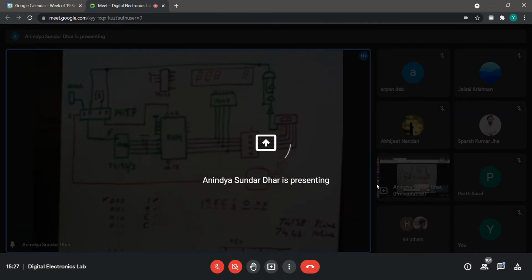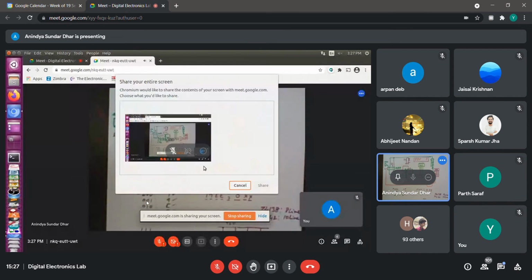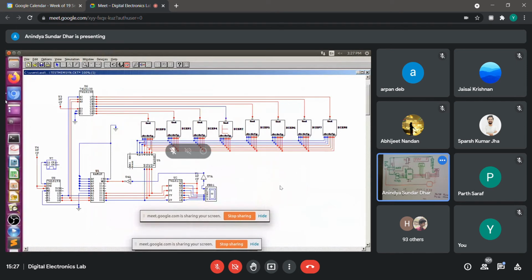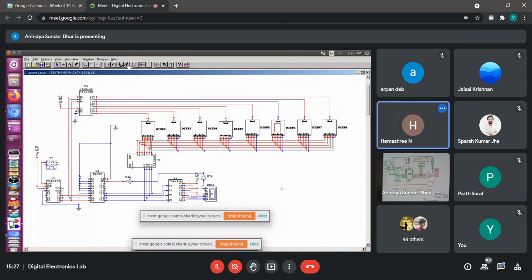Sharing the screen often. Could you see the screen? Yes, sir. So the simulator is visible in both, I mean, Amritakshu, in your panel also it is visible.